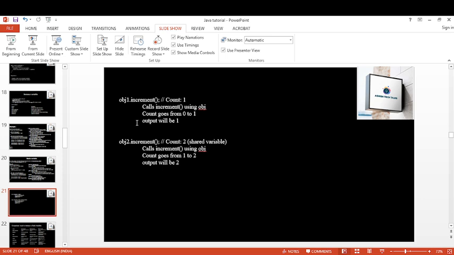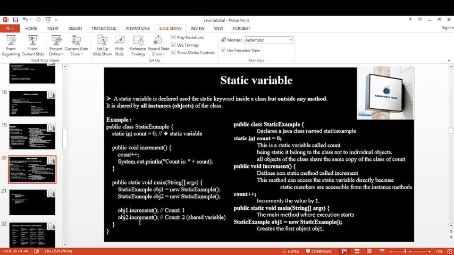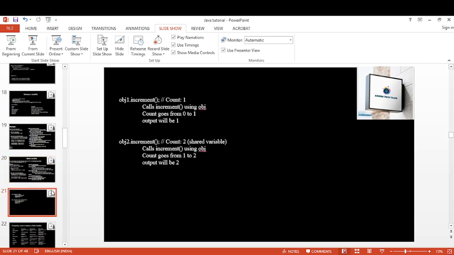So the output will be 1. Next, the last line is object2.increment. Here, object2.increment works on a shared variable. So, as usual with object1, it calls increment using object2. Count goes from 1 to 2. So the output will be 2.